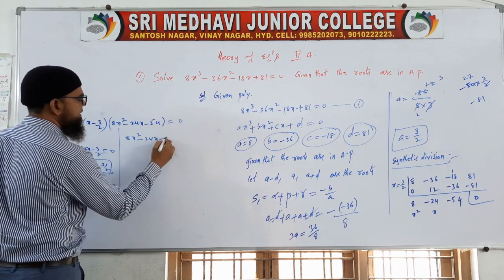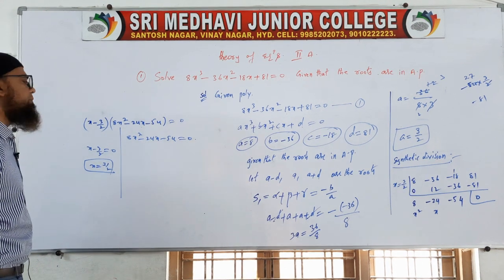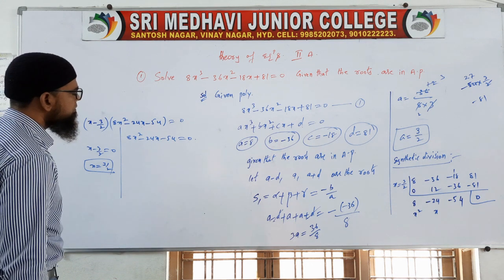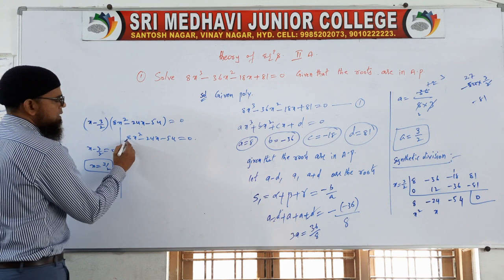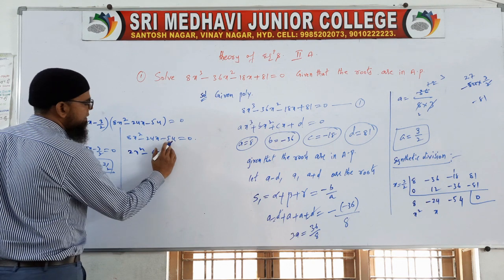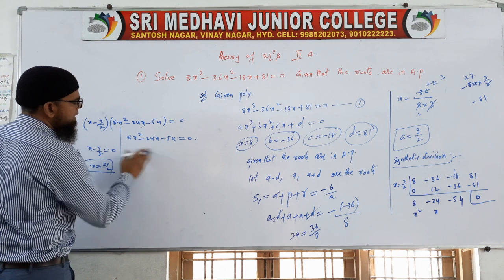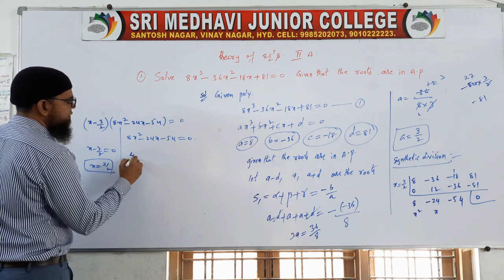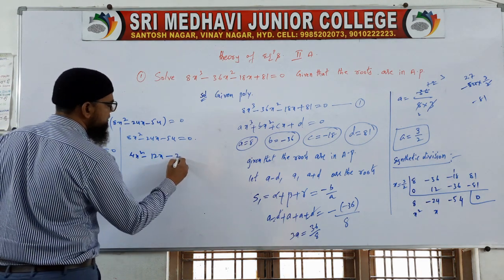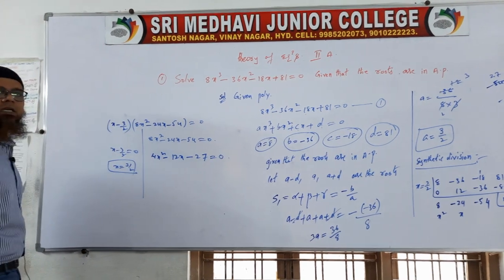Take a partition. 8x square minus 24x minus 54 is equal to 0. Any table is common here, check out. 2 table or 4 table. Maybe 4 table, that is 2x square. 4 6s are 24. No, it is not possible here. We are doing it with the 2 here. 4x square minus 12x minus 54 half, that is 27, is equal to 0. So 4x square minus 12x minus 27 is equal to 0.